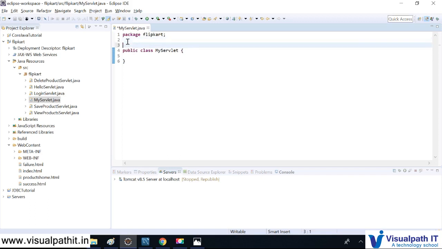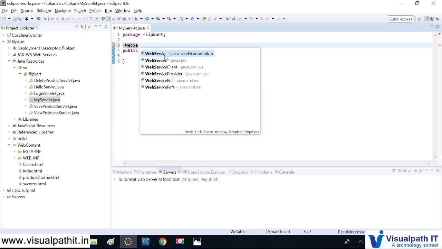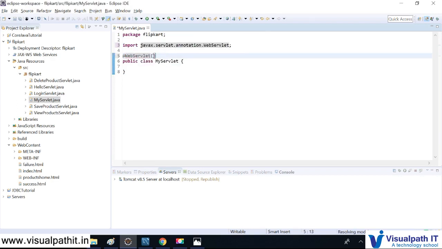The annotation way we can do, as I mentioned: we can declare using the web.xml way, or the annotation. Let me go with the annotation way, which is WebServlet, from javax.servlet.annotation, and the path I'll be giving